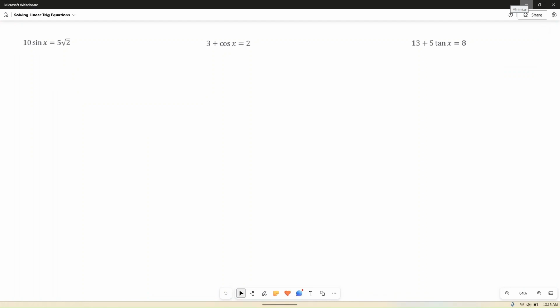Let's work through some examples solving trig equations that involve just linear terms of our trig functions, sine, cosine, and tangent. Let's remember the basic idea here is that we want to use algebraic techniques like factoring and combining like terms to isolate the trig function, and then we can use the unit circle to find the angle for the corresponding coordinate,